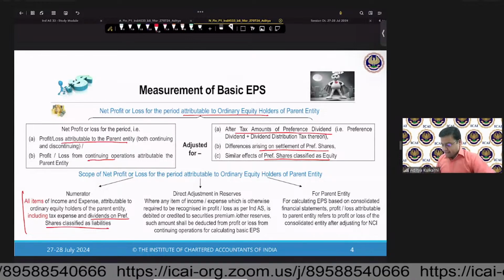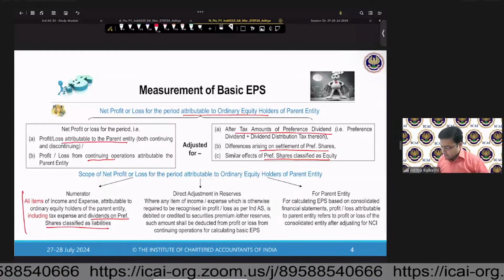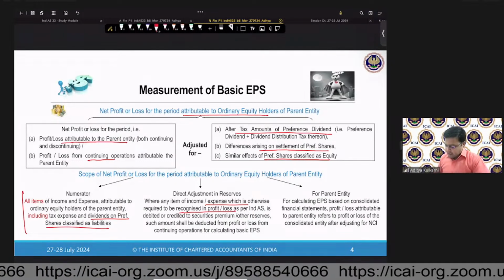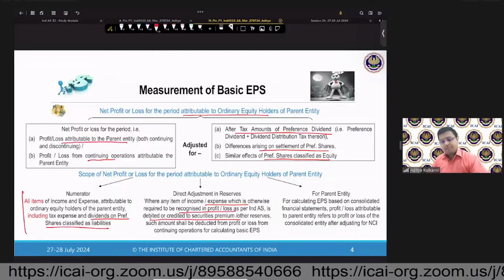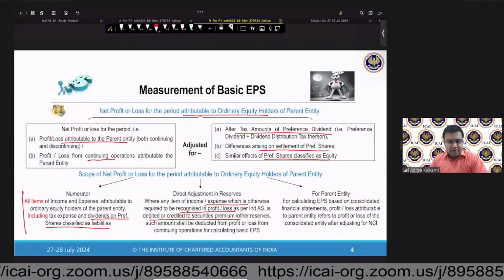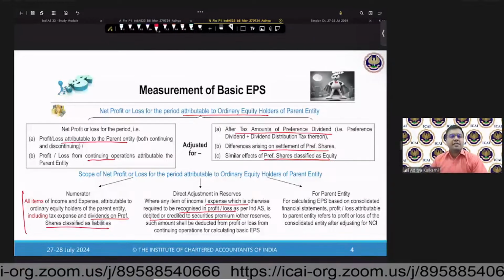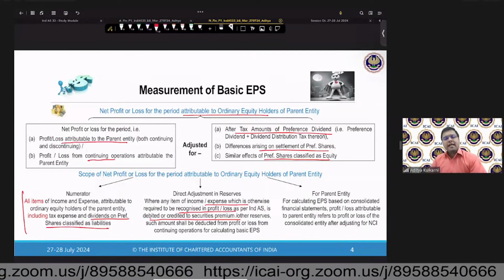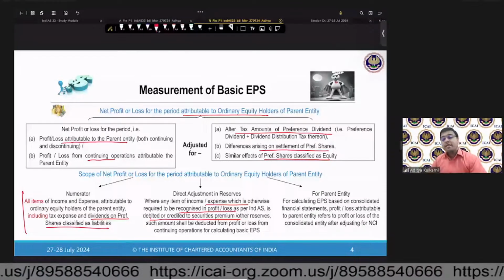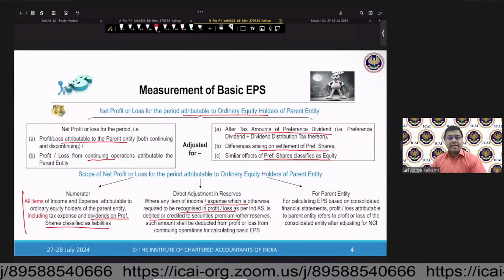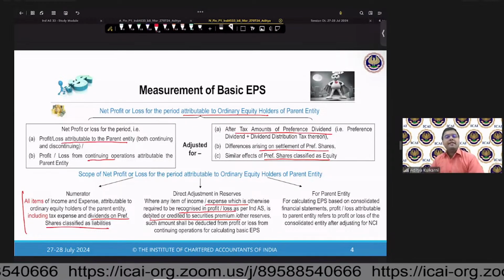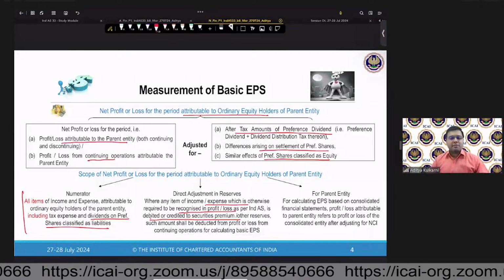And you have direct adjustment in reserves, where any item of income or expense which otherwise would be a profit or loss is debited or credited to securities premium or other reserves. Such an item will be adjusted. Say you have your redemption of preference shares. If this redemption of preference shares happens at a premium, for example, then we have an opportunity to utilize the securities premium for that purpose. So in that case, the securities premium so utilized represents the excess amount that you are going to pay. Now it is not hitting the P&L because we have a reserve for that specified purpose.